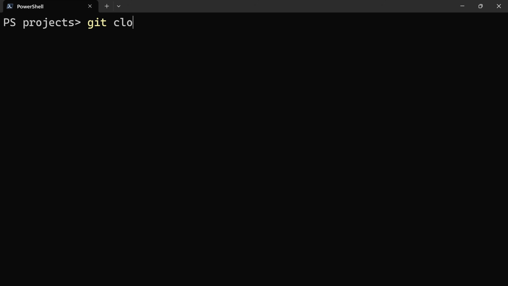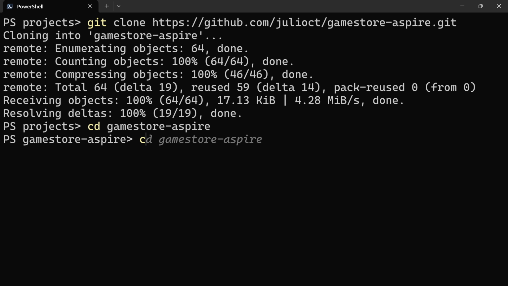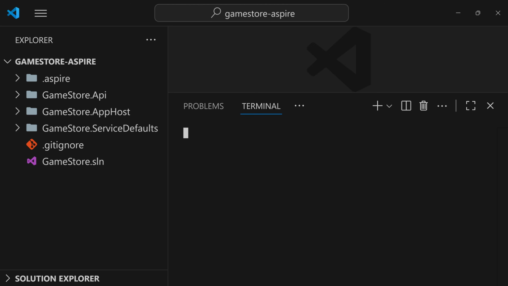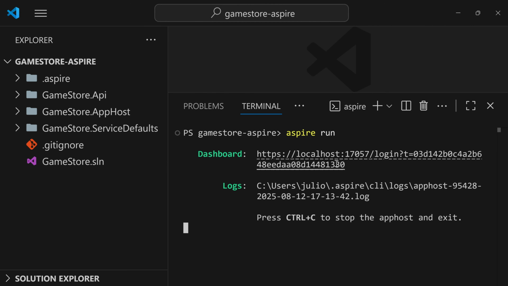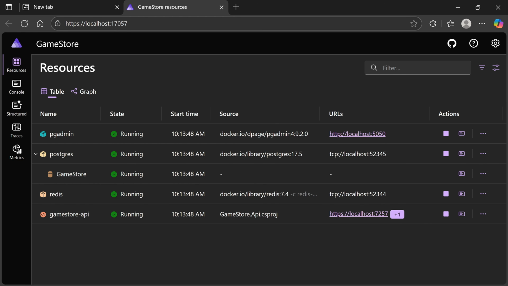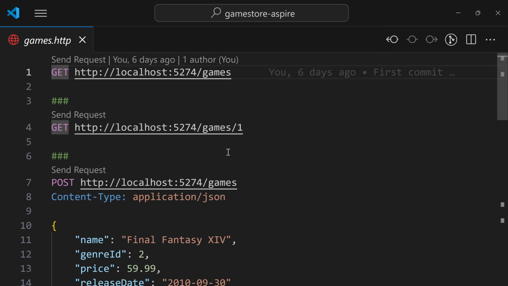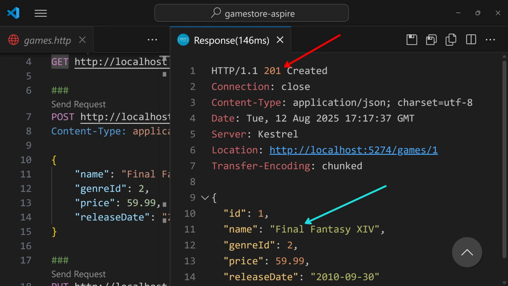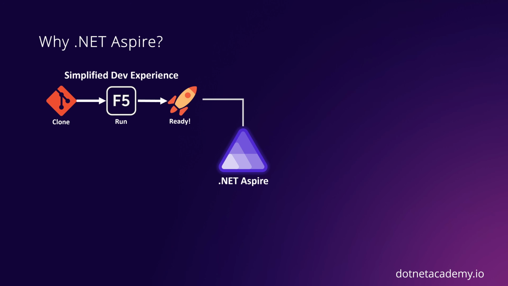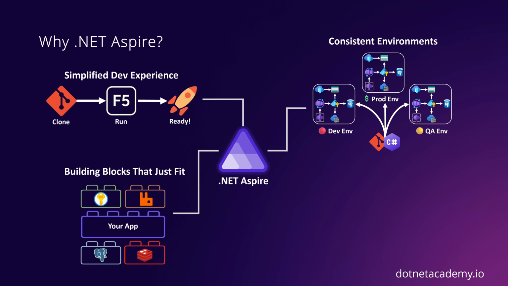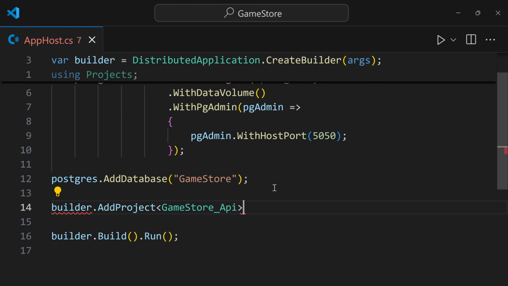Watch this. Clone. Open the code. Run. Browse. And your entire .NET system is running. API, Postgres, Redis, everything. Let's hit an endpoint. Success. This is .NET Aspire, the development stack that handles your infrastructure setup so you can clone and start building